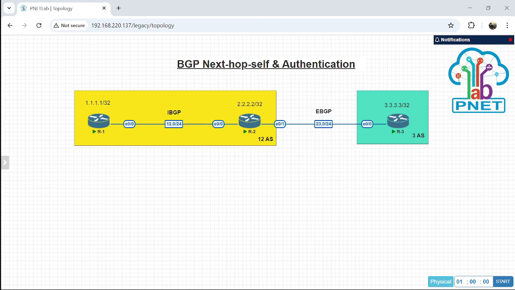It's the same, yes, I have configured the authentication too. So I will try to ping. I already can, that means this authentication has already worked. So I think that's all for the material of BGP next hop self and authentication.